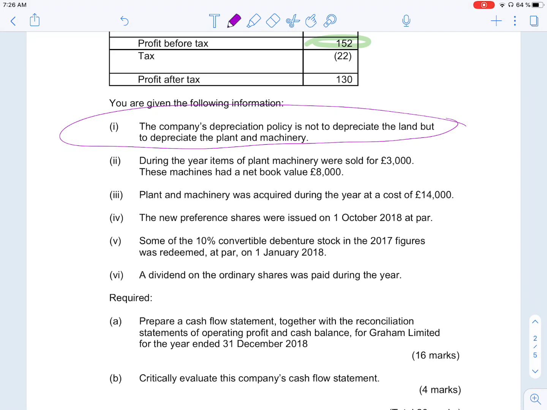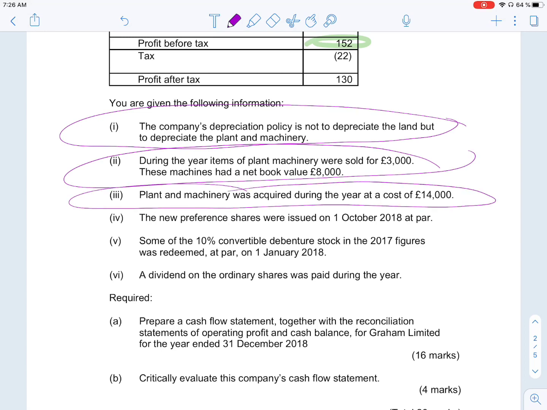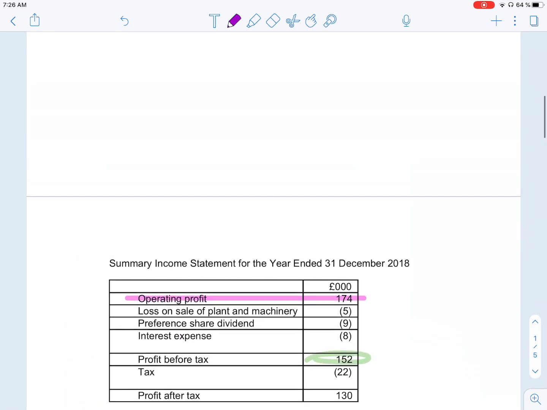We're also given the information that during the year, some items of PPE were sold for cash, and we are given the net book value of machines. We're also given the information about purchases of property, plant, and machinery. So the company acquired some machinery. And if we look at the balance sheet here,